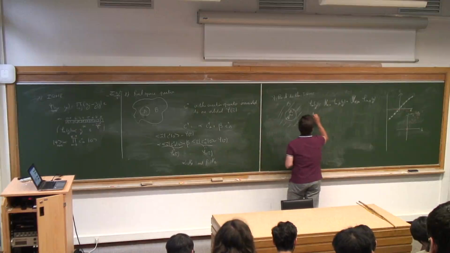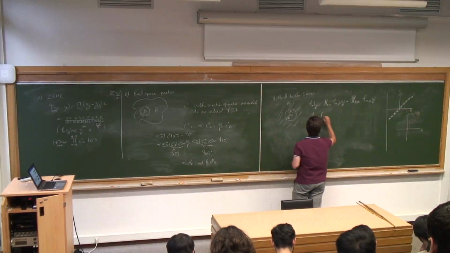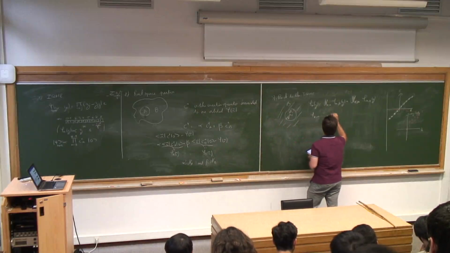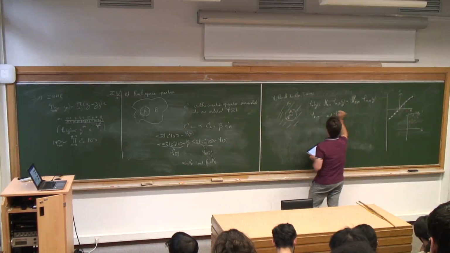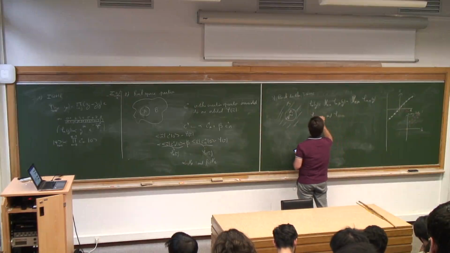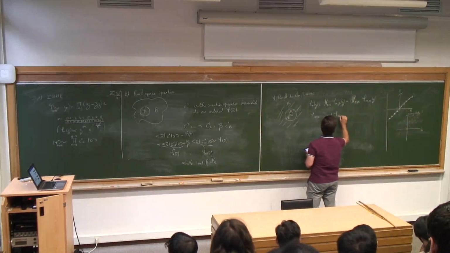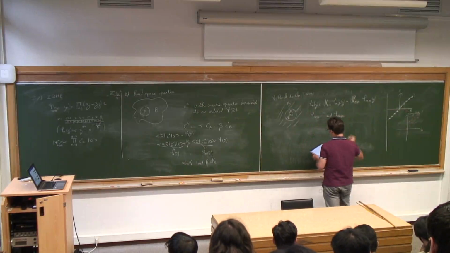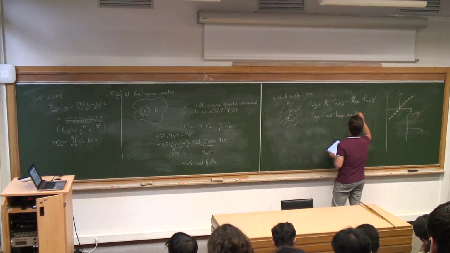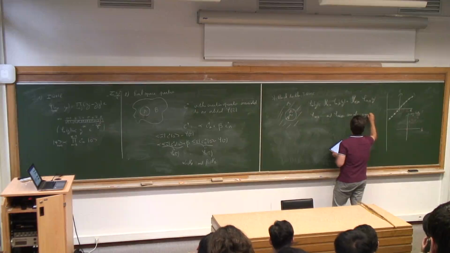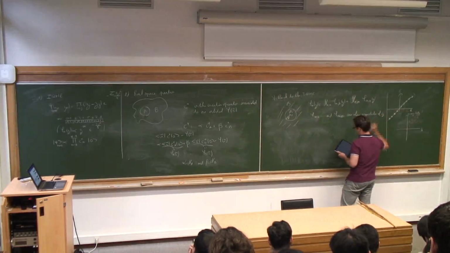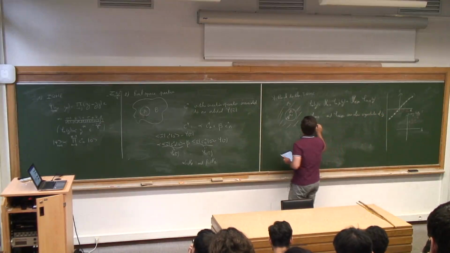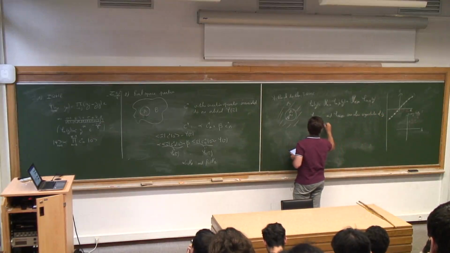So phi AM and phi BM, or MB. I should use a proper notation. And they are also eigenstates of LZ, and the angular momentum is